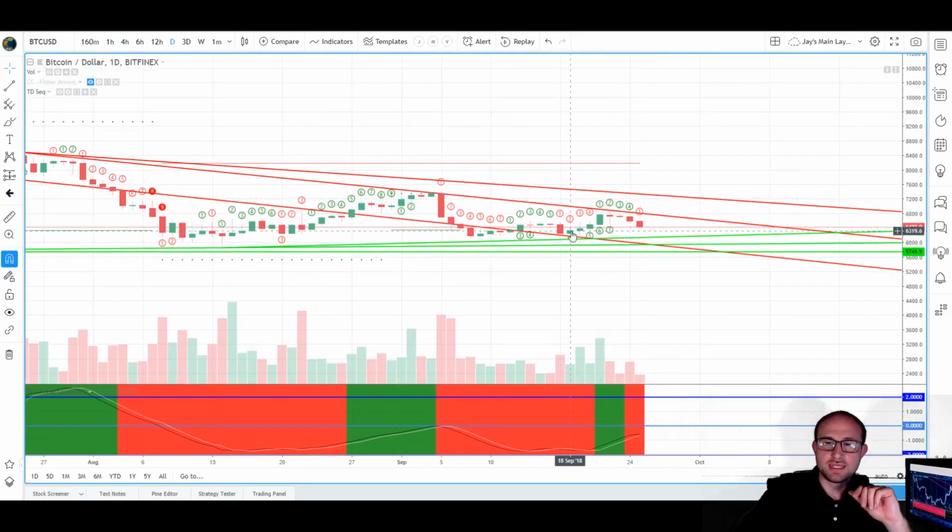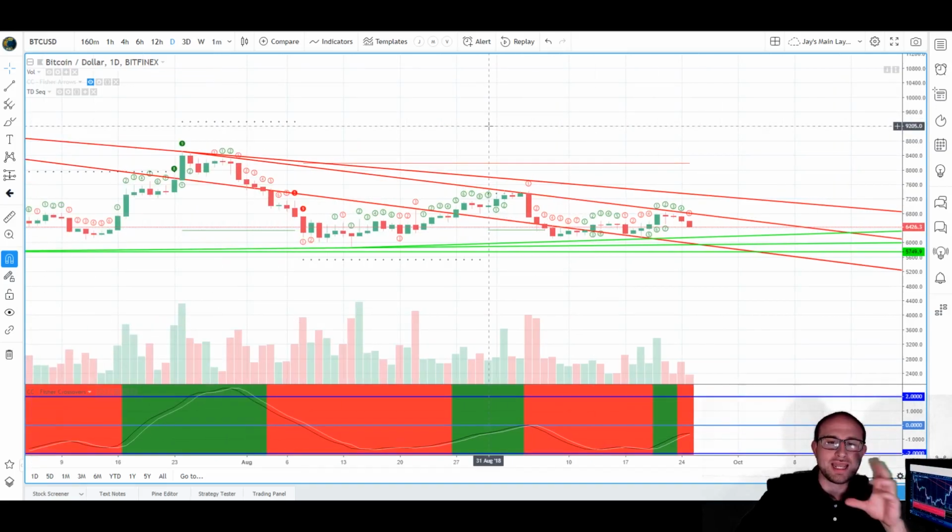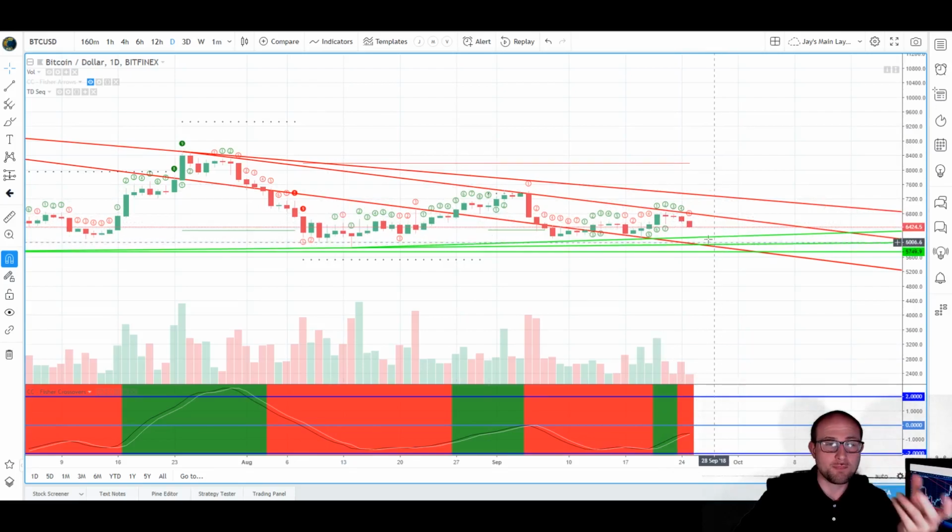So we have not gotten the clear 9. Obviously, price is just ranging and price flipping. I talked about this: 1 count should have been an 8 count and a 9 count to the downside. If you want to reference the previous video that I put out, you can see where I talked about that. But right now, just looking at pure TD sequential, we don't actually have an entry position. We're waiting for a completed 9 count to the downside, a 9 buy setup.